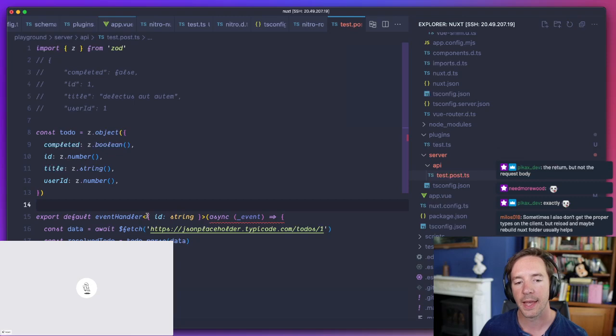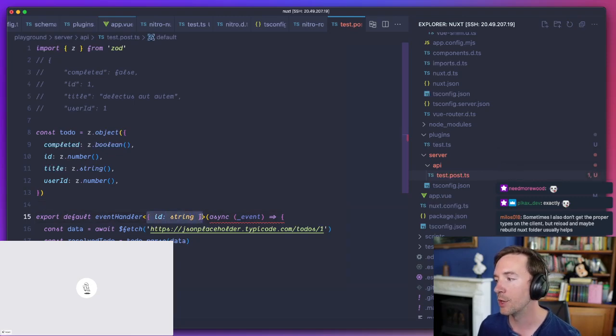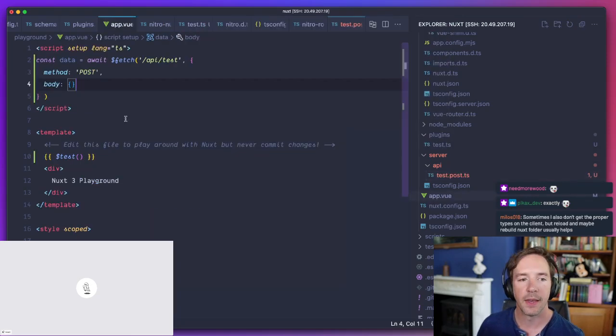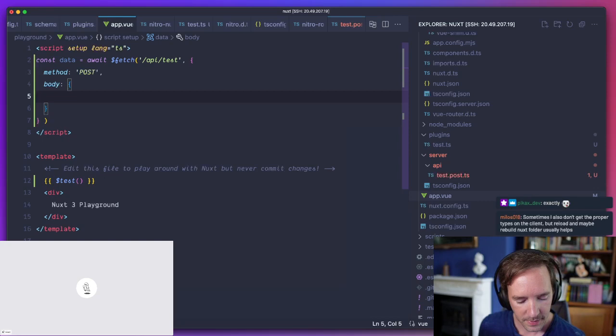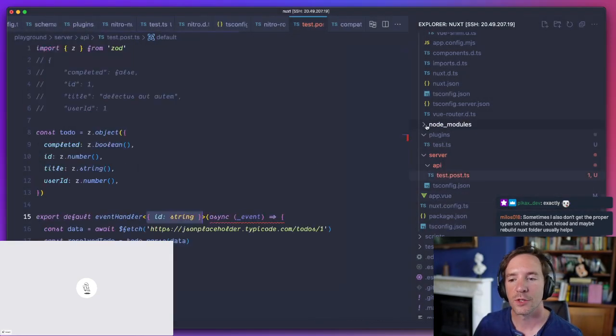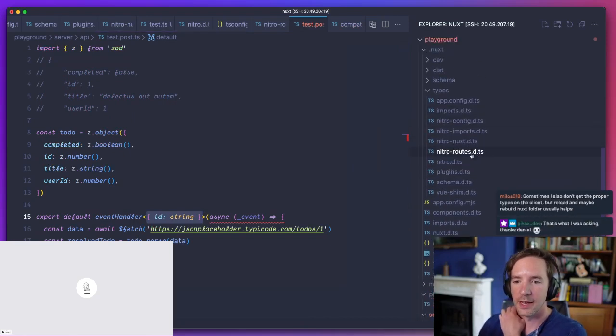So you could then say, hey, I need an ID when you call me, and then you would get typing here. And if you miss out the ID, it would be a type error. So that is a missing piece which we definitely need to add. But yes, that's the idea. And that's all powered by this Nitro routes.